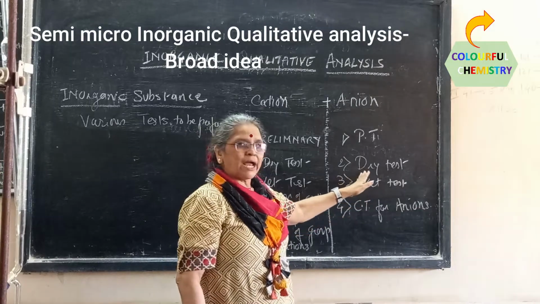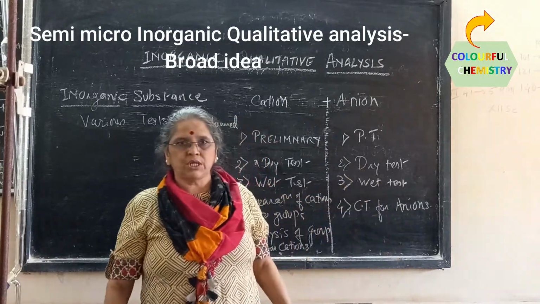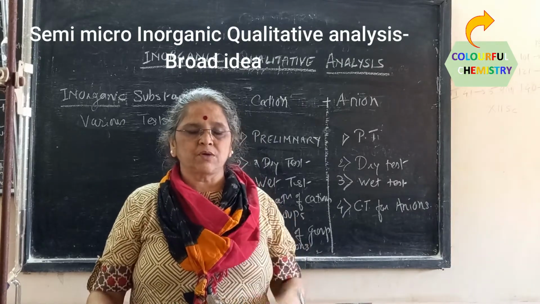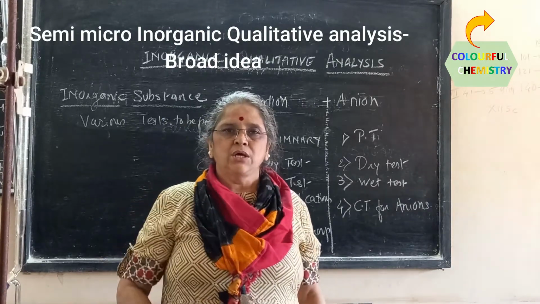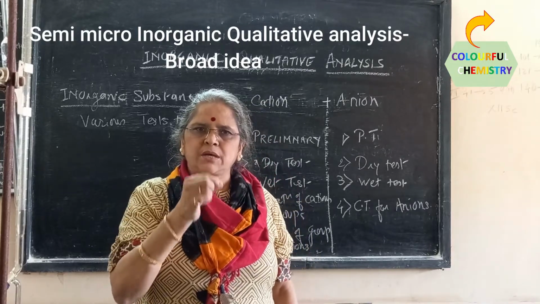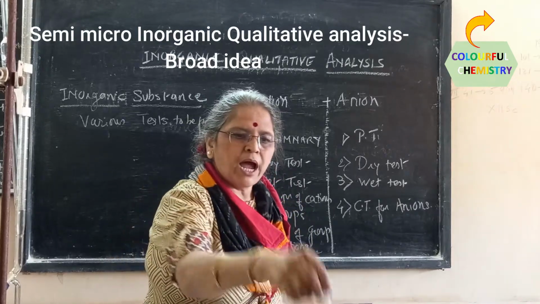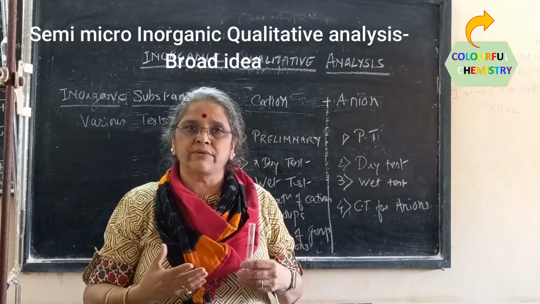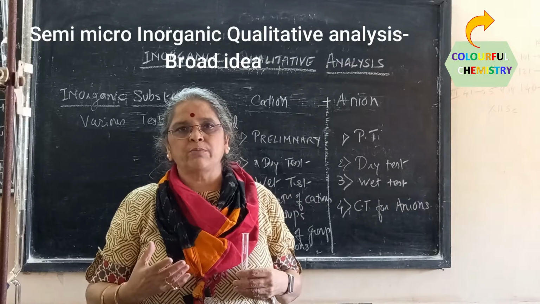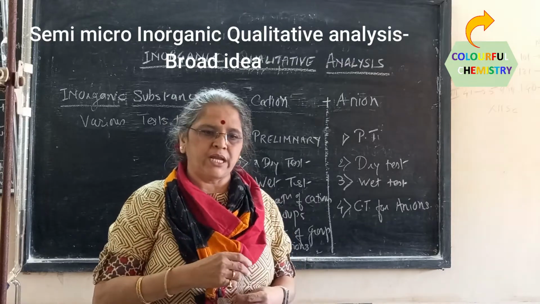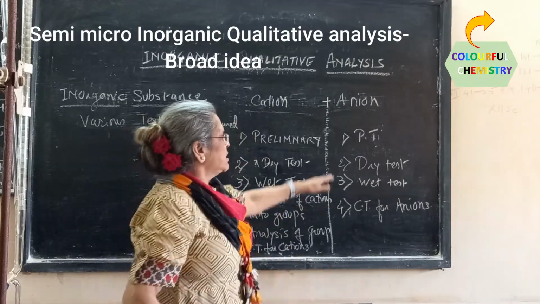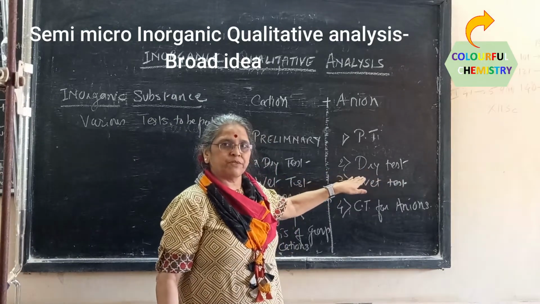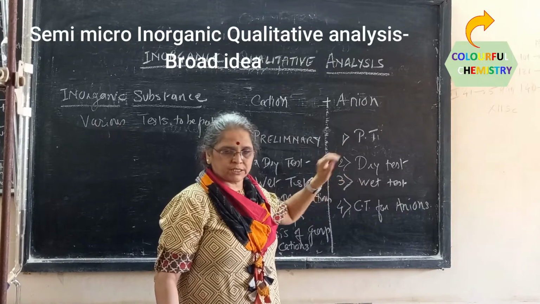For dry tests, there are four main tests that you are going to perform, that is action of dilute HCl on the substance. Now why are these tests called dry tests? You take a dry substance, a pinch of the substance in a test tube, and then add the requisite reagent, perform the test and observe accordingly, and on the basis of the observation you conclude the presence of an anion. Dry test means dry substance, a pinch of the substance you take and perform the test.